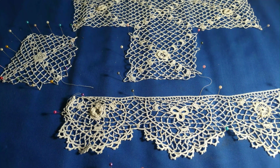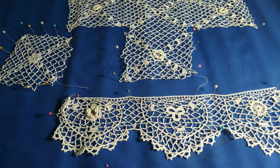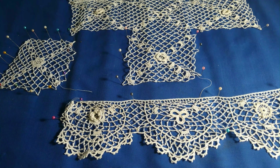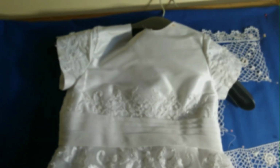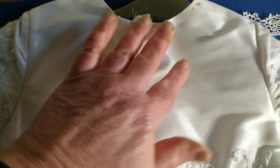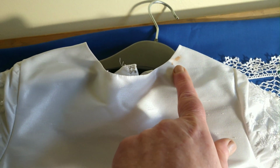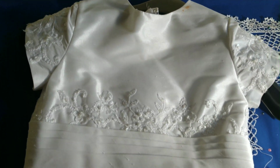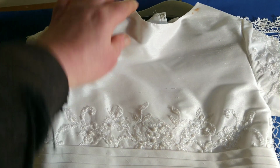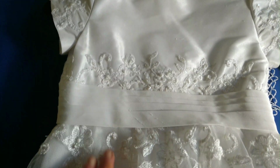So again, what I did, I went to my local charity shop that's run by volunteers in my town, and I bought a First Communion dress. So this is a little First Communion dress. As you can see, it's marked on the top, and it looks as though it's fake tan, so I think it might be very hard to get out. And it's just a plain little dress with a kind of shantung silk top, a bit of lace on the bodice,